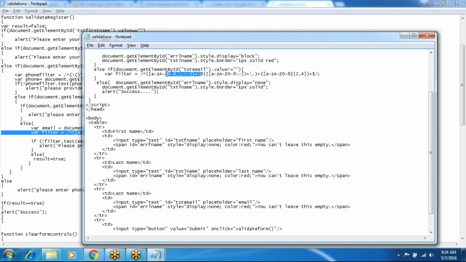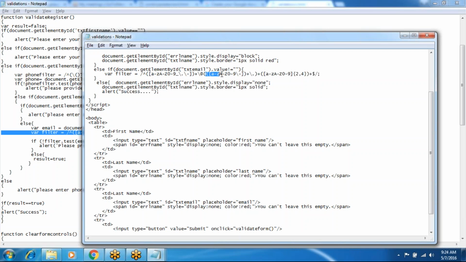This will check before the at the rate. You can enter caps values or small values or digits or underscore or dot or hyphen. So this expression will accept small a to z, caps A to Z, 0 to 9, and underscore, dot and hyphen.